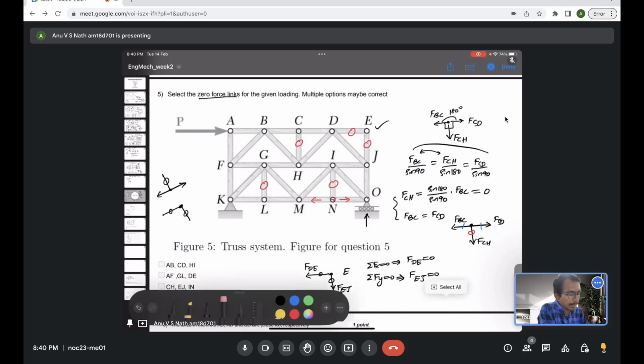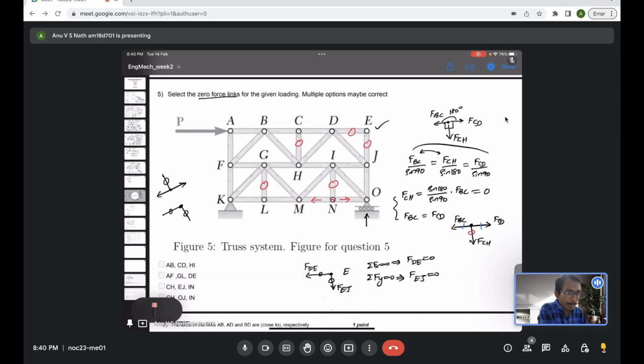Now again, look at joint A. Basically it's an L kind of shape, right? But now there's a difference. It has an external force. Yes, external force P is acting. So it's not clearly a system like joint E, but it is similar to the first type, because you can see now it's an L kind of system. Though the links are not there, you can see here